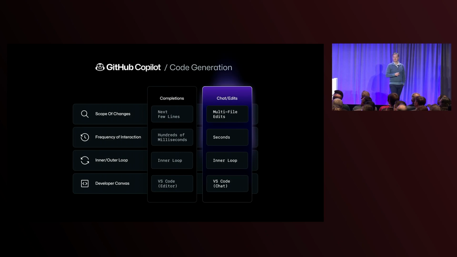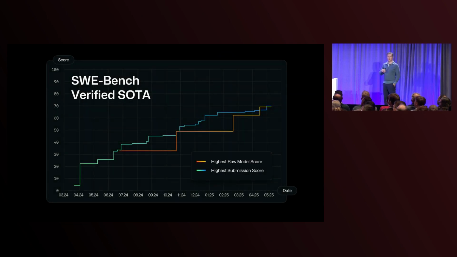Last year, we introduced the next big step, which was chat. And so chat gave us the ability to not just take where I am in my context in my editor and give me the rest of that line, but solve problems for me. I could describe something I wanted, and it would suggest a set of changes. Initially, a set of changes in one file, and then over time, we expanded that to a set of changes that might happen across multiple files. This was still obviously focused on individual developers in the IDE.